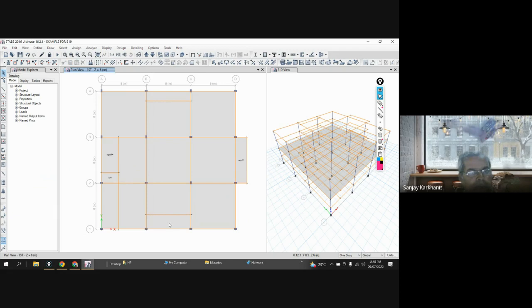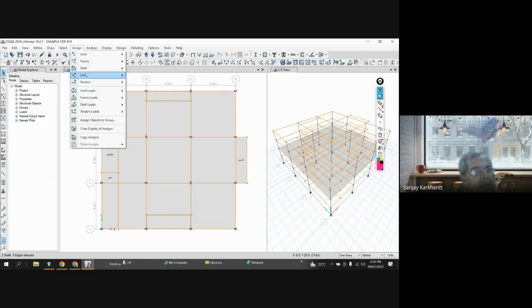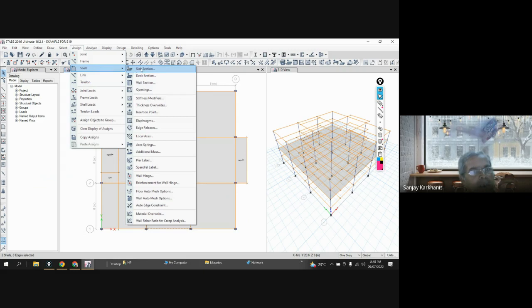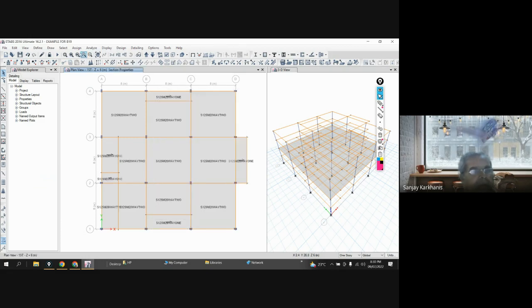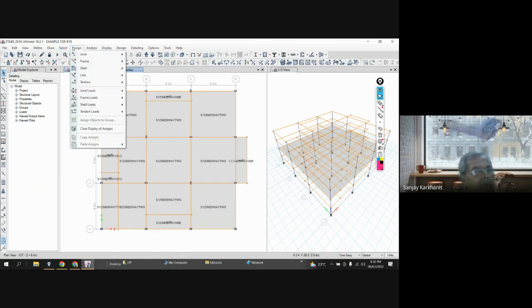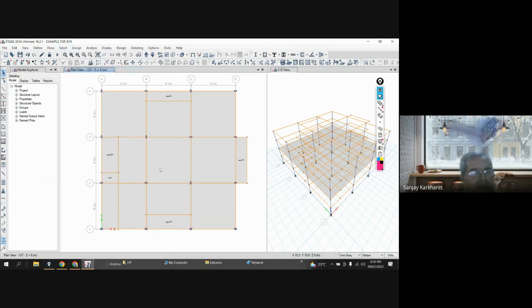Okay, now I will select this slab, I will select this slab. First I will change its property because from two way I want to convert it to one way. So after selection I will go to assign, I will go to shell, under shell slab, and under slab I will select the property that I want to assign, apply, close. And if you go to assign, clear display of assign, now you can see that one thing is a problem,